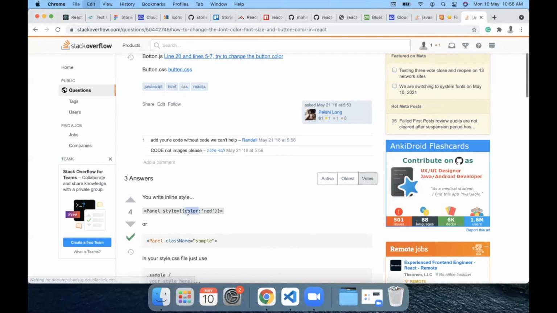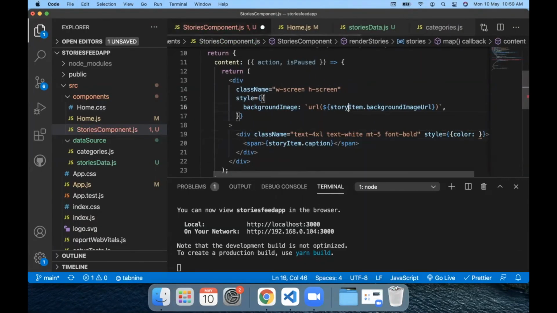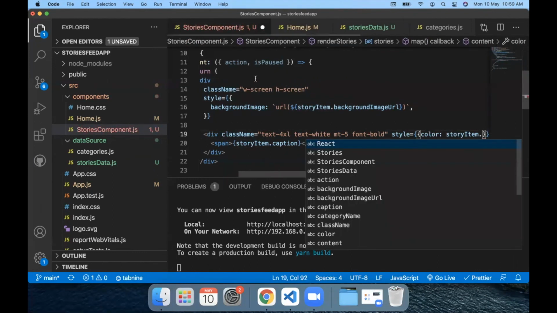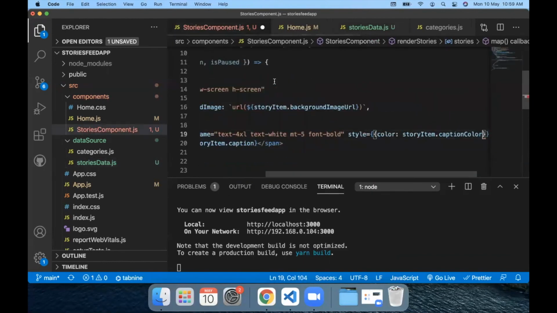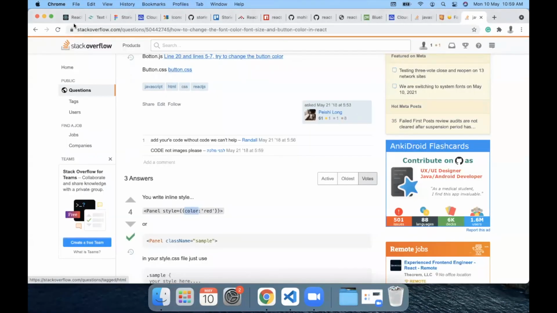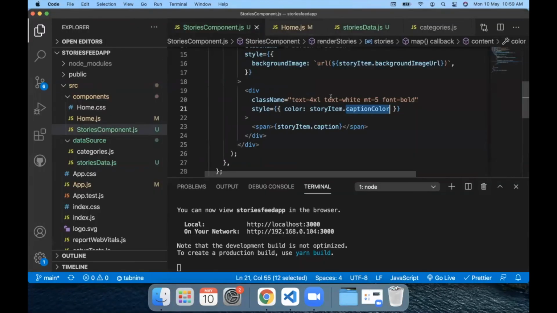Yeah, we need to use the color as the attribute, colon, the caption color which we are passing from our stories. And I think we should, okay, let's just keep it at textColor in case the caption color is not passed. But right now this color will be defined by my caption color and not this textColor.